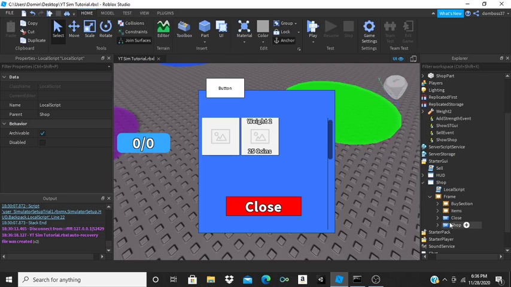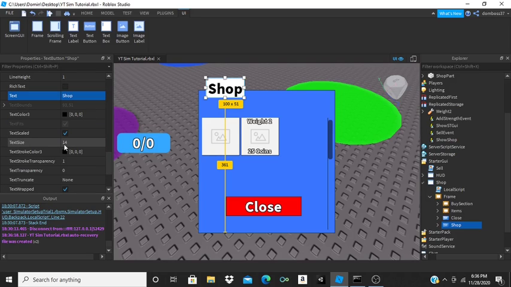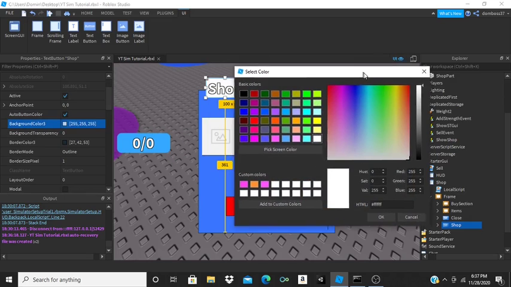And then we're just going to change the text. I'm just going to make it look nicer now. So to change the text, we'll set TextScaled to true, and for the font we'll do Source Sans Bold. The text will say Shop. Let's see, where is this? Oh yeah, we're going to make TextStrokeTransparency 0. Text color is going to be white, and then this color is going to be